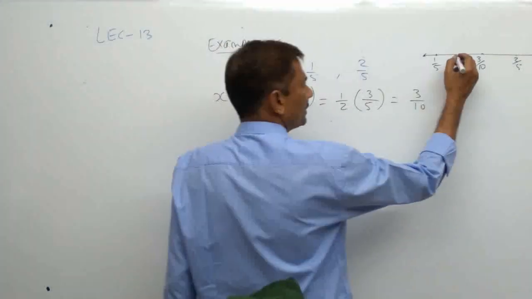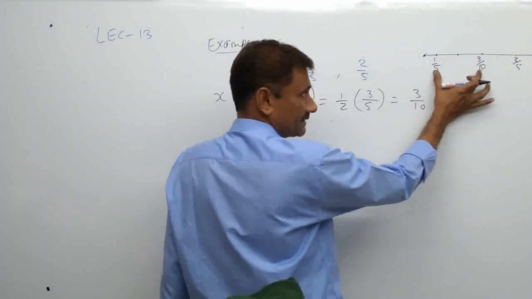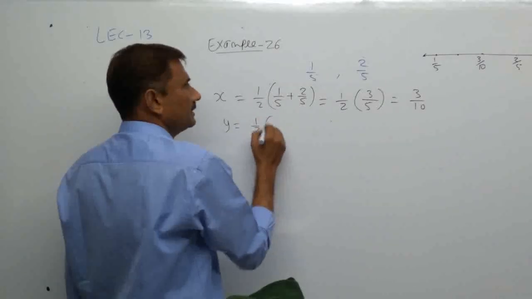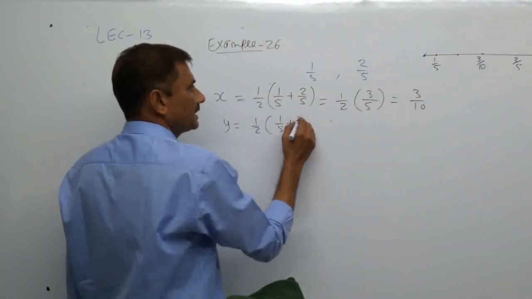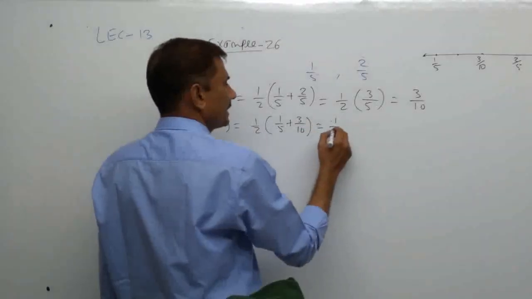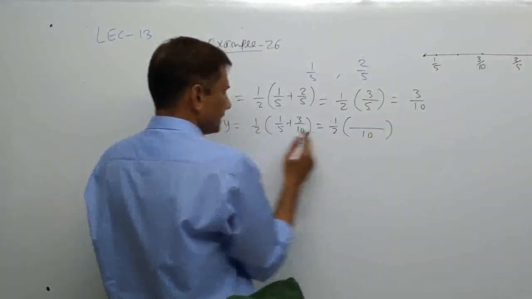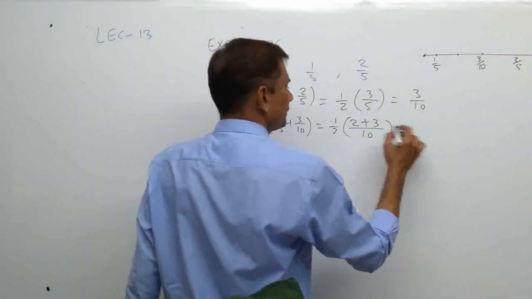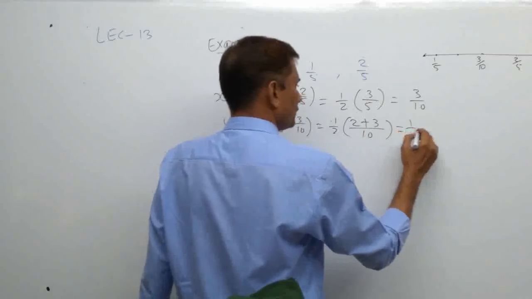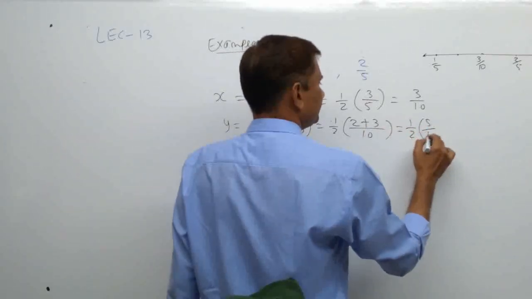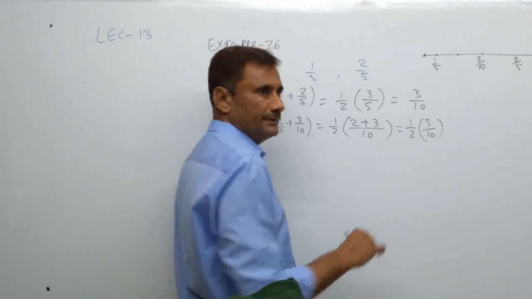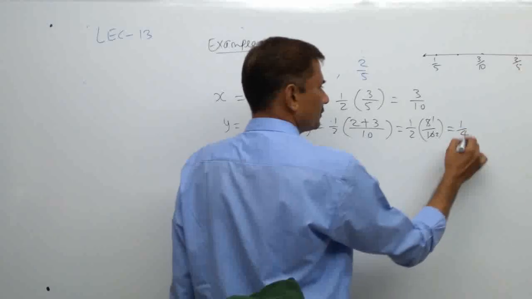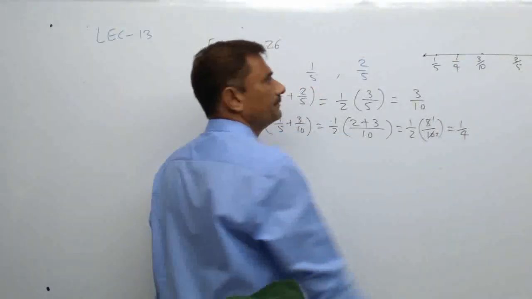Now, if I again want one here, then I have to take the average of both these ones. So the second number I get is 1 by 5 plus 3 by 10. Obviously here 10 is the LCM. Here 5 twos are 10, here 1 two is 2, and 3 is 3 only. So it will be 1 by 2, 5 by 10. Okay, so obviously if you can cut here, then it will be 1 by 4. So here we got 1 by 4.